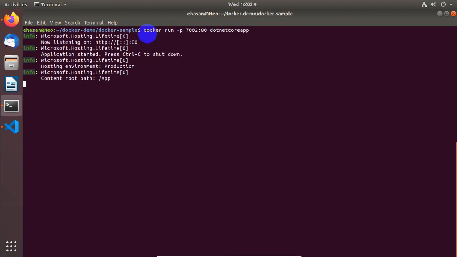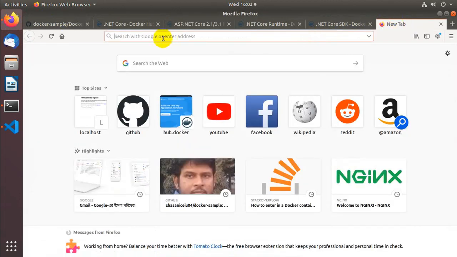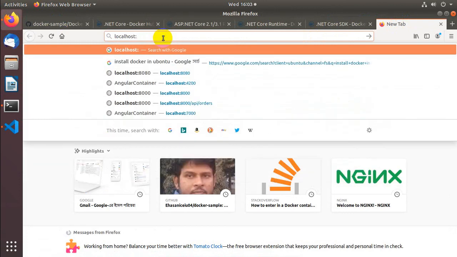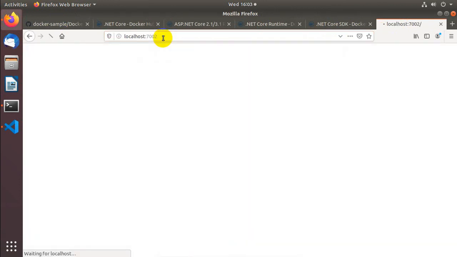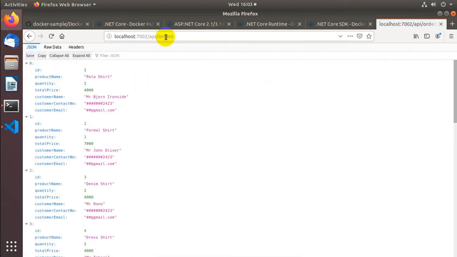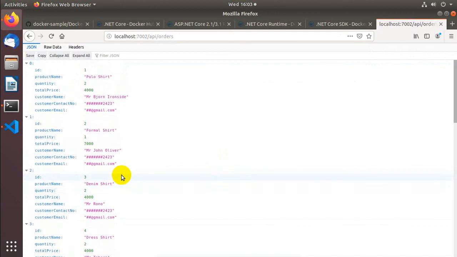So basically the application has been run. Let's browse. The host port was 7002. Our complete path was api/orders.